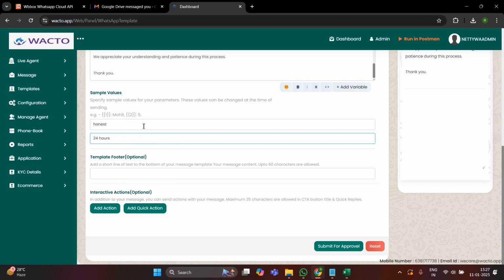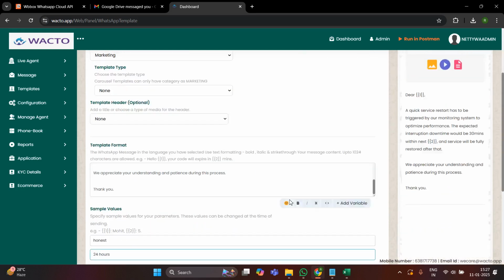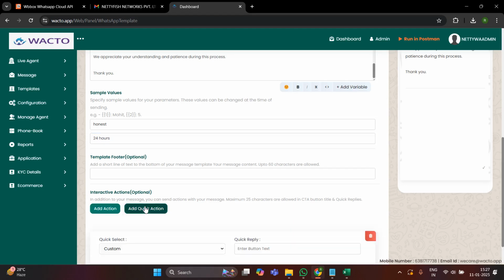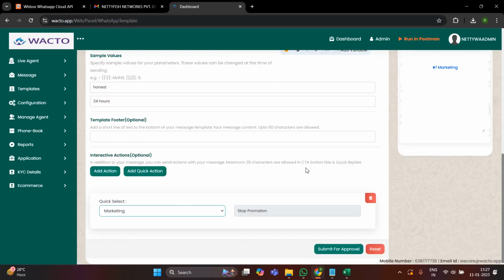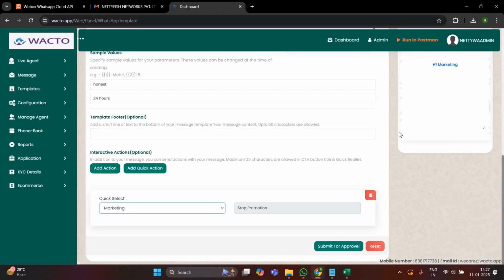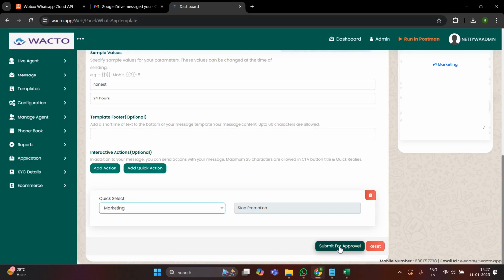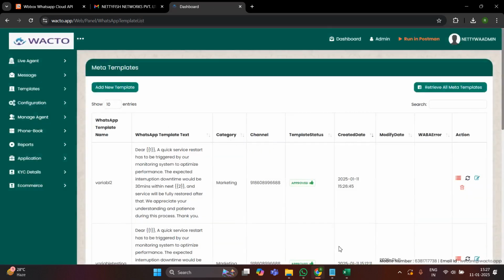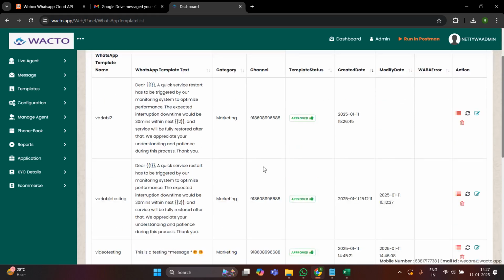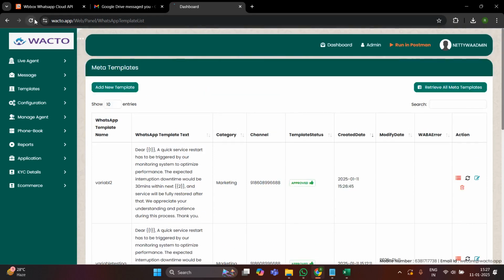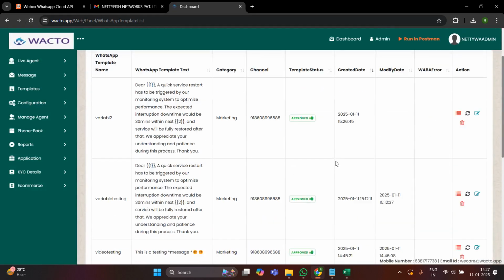So once we have filled both these things, if needed, as we have already discussed, we have to add the stop promotion button here. Once the button is added, we can submit the template for approval. Yes, so you can see the content is approved now. Once the content is approved,